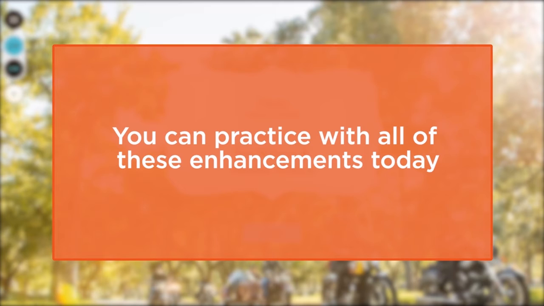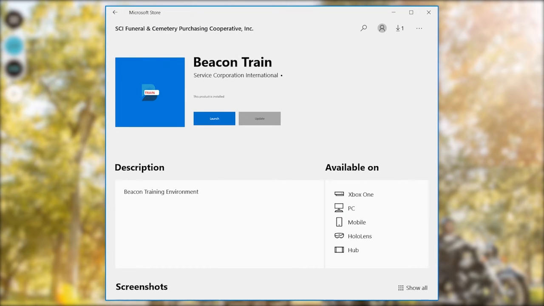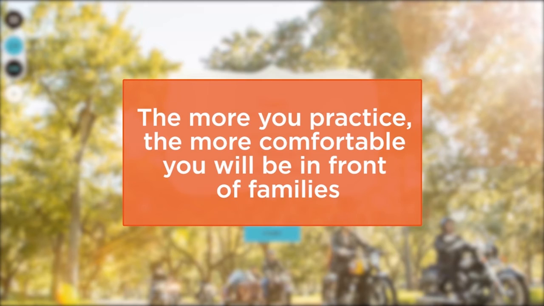You can begin practicing with these enhancements today, and I strongly encourage you to do so. All you have to do is log into Beacon Train and sync the application. The more practice you get with the enhancements, the more comfortable you will be once these enhancements are live in